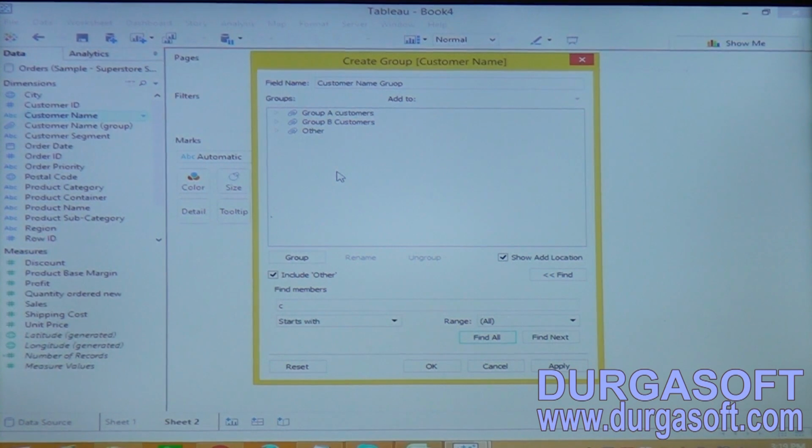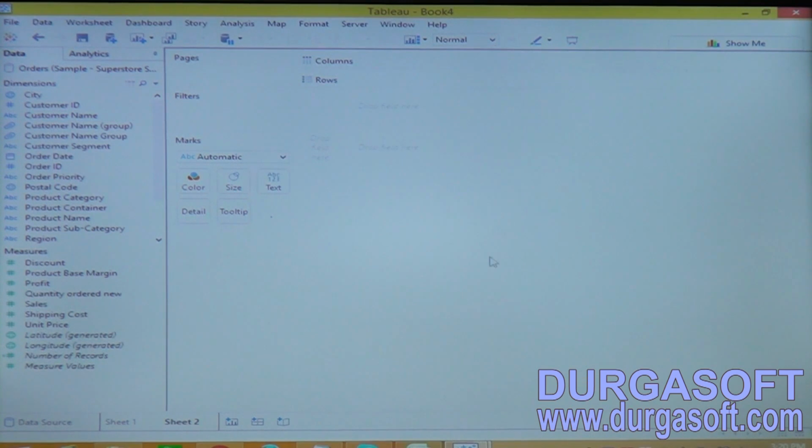Now select this and click on apply. Automatically this customer group will be added into your dimensions. See, your dimensions. These are the group names which we created.